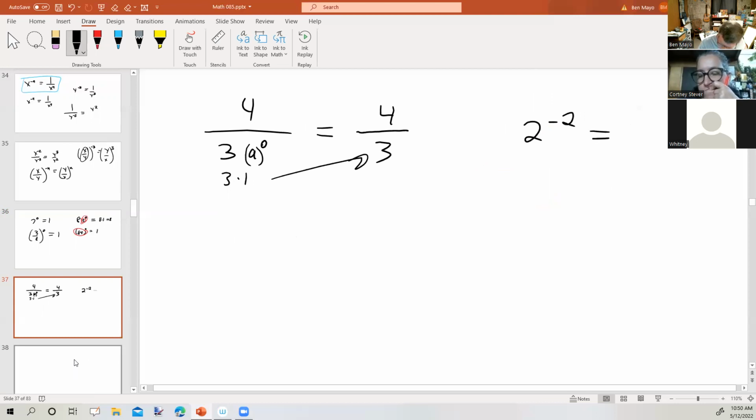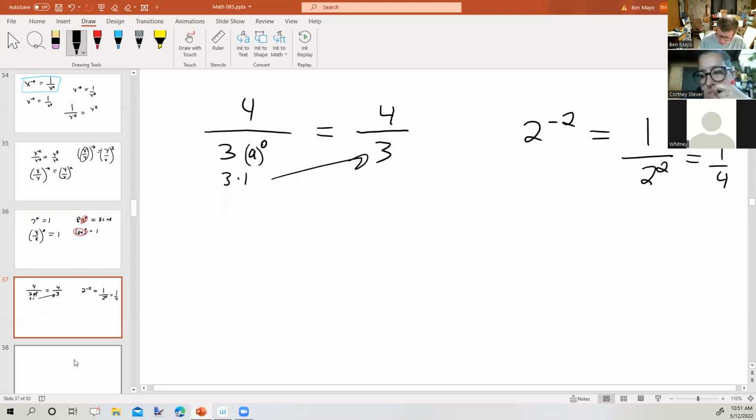2 to the negative 2 power. What would that ultimately be? Oh, and by the way, typically when you're writing a final answer, unless it tells you otherwise, you want to write it with positive exponents only. The only exception to that is scientific notation. Okay, but anyway, so here we would have 1 over 2 to the positive 2 power, which is 1 over